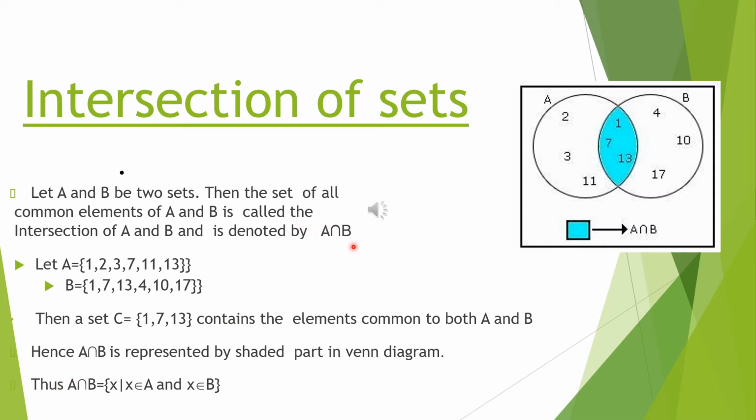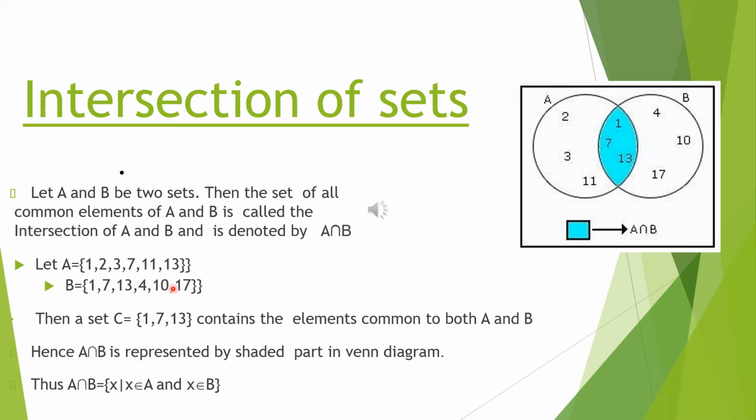Now we will learn about intersection of sets. Intersection is denoted by, you can say, opposite of U. You can see the representation sign, that is A intersection B. What do we mean by A intersection B? A intersection B is the common elements of sets A and B. In Hindi I will say, A intersection B means the common part, the common part of A and B. Whatever is the common part, you can see in the picture, in the Venn diagram, that is the blue colored area. If I am showing A intersection B in the Venn diagram, it means the part which belongs to A and B both.